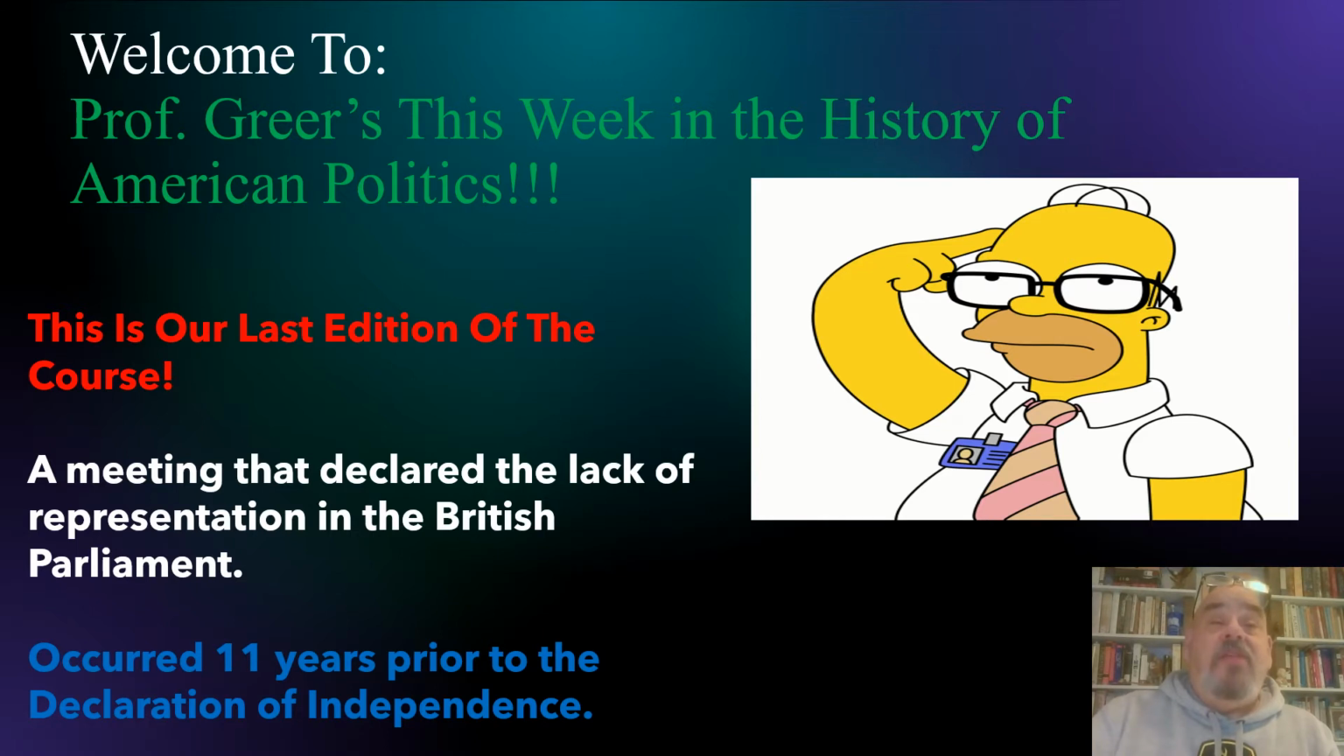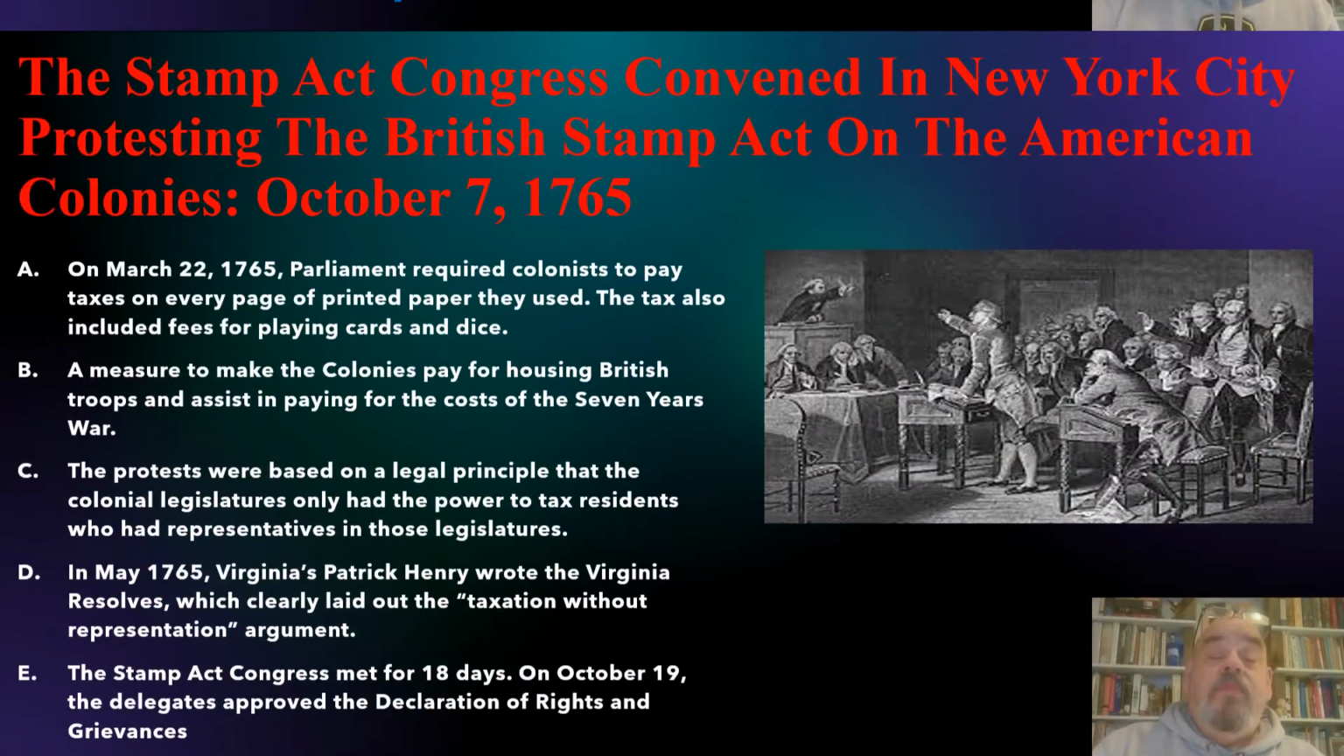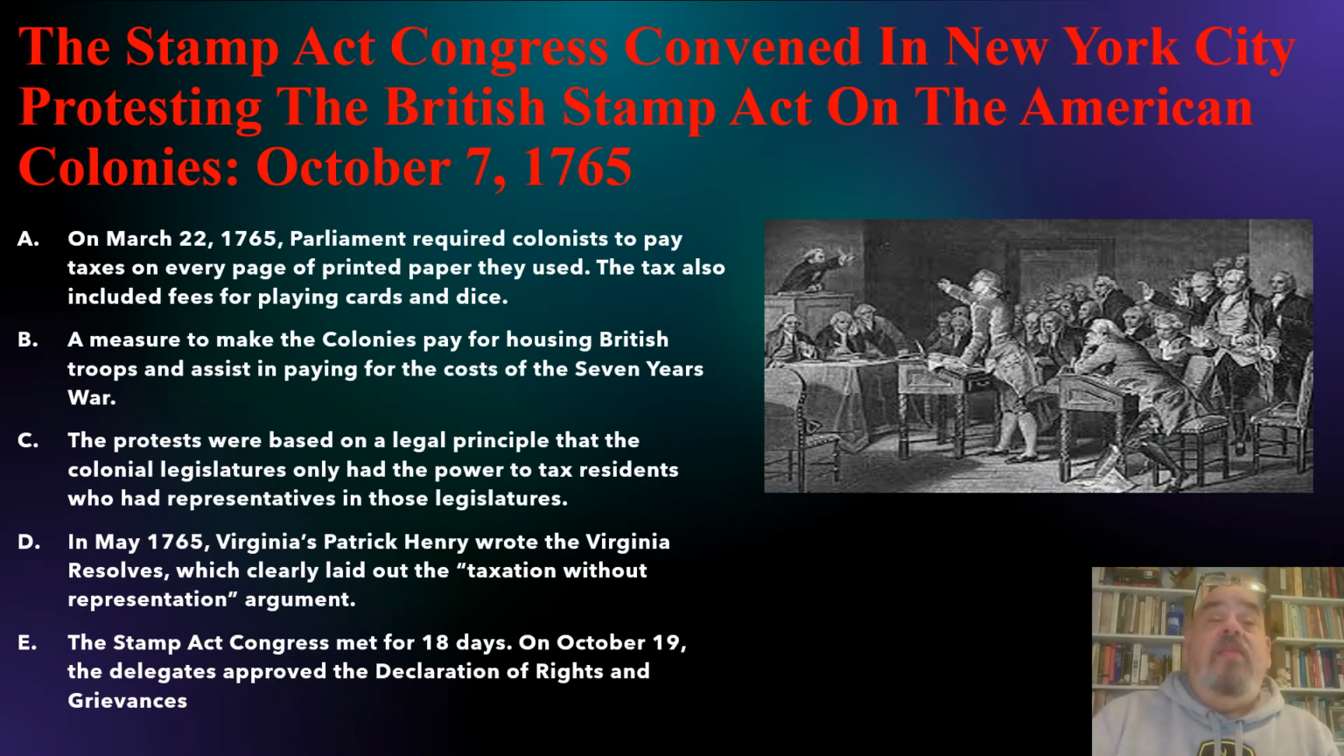So let's get started. The subject today is a meeting that declared the lack of representation in the British Parliament, and it occurred 11 years prior to the Declaration of Independence. The event is the Stamp Act Congress that convened in New York City protesting the British Stamp Act on the American colonies on October 7th,